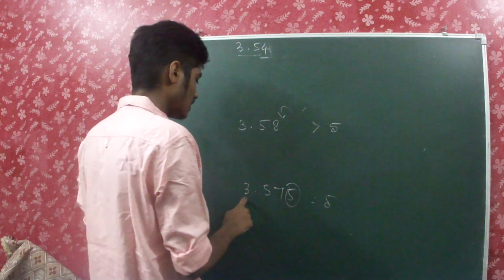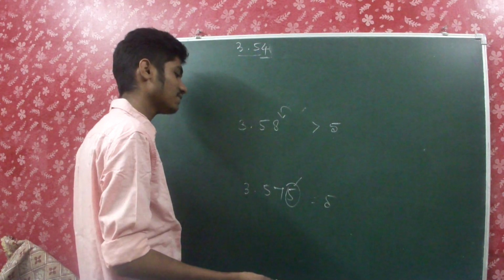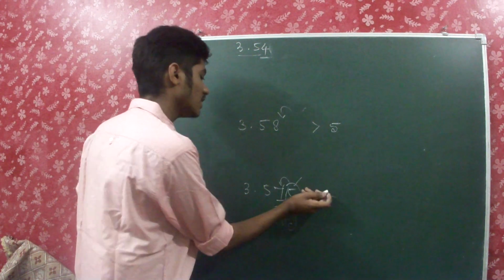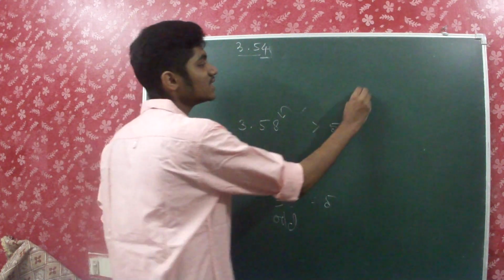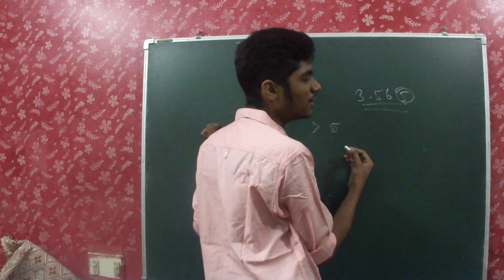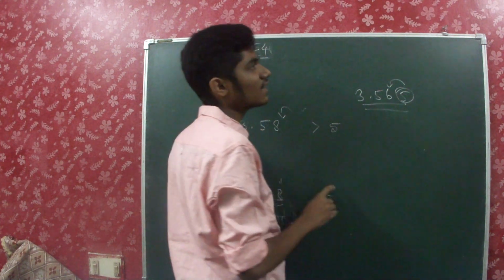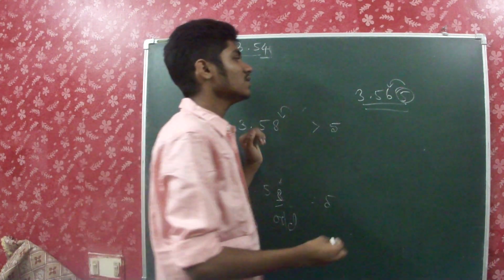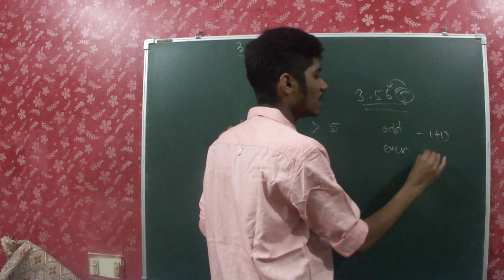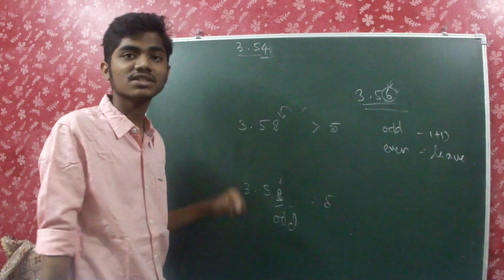And here, 3.575, the digit is itself 5. It's neither greater than 5 nor less than 5. So what we have to do is check the previous digit. If it's an odd number, definitely you have to add 1. But if it is an even number, then the last digit has to be omitted. If you omit that, then you look at the previous digit, which is 6 here, so if it's odd you have to add 1, and if it is even, you can leave it as it is. This number is even, so you leave it as it is.